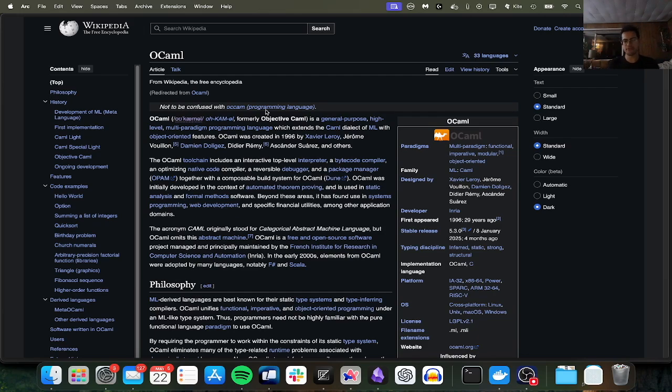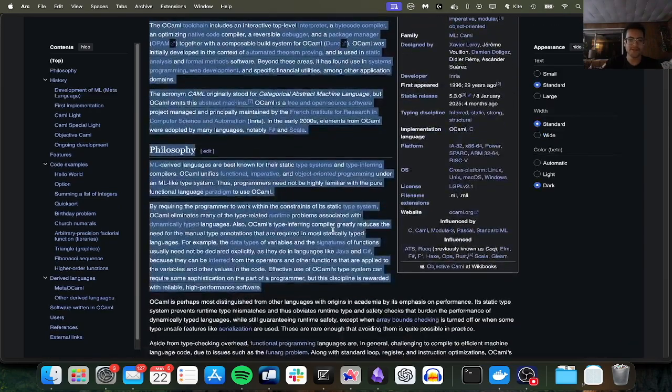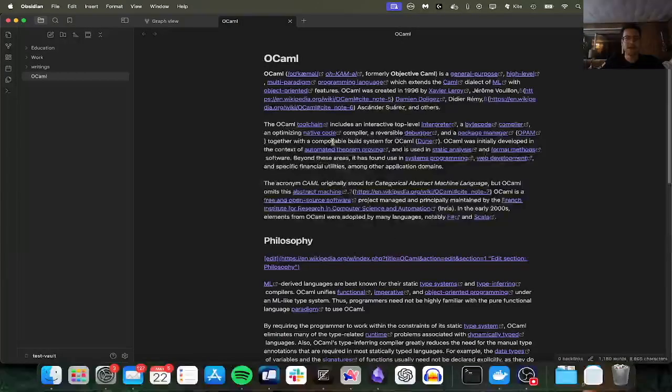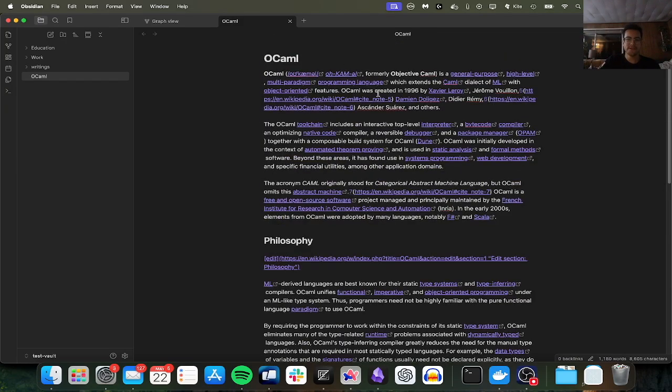One of the things that Obsidian is really good at is that I can take all this very useful information, and I can copy it from Wikipedia or wherever it may be. I can paste it in here, and now I have a perfectly good note with all of this stuff parsed,